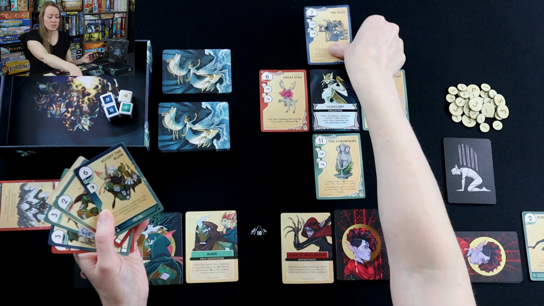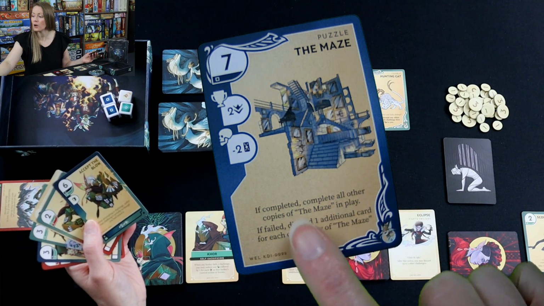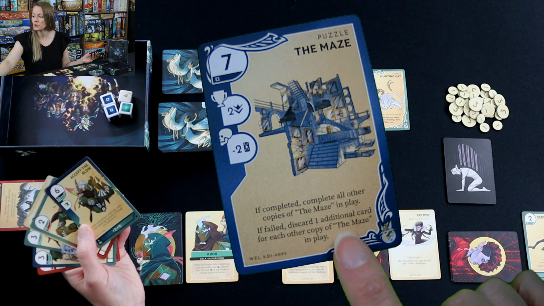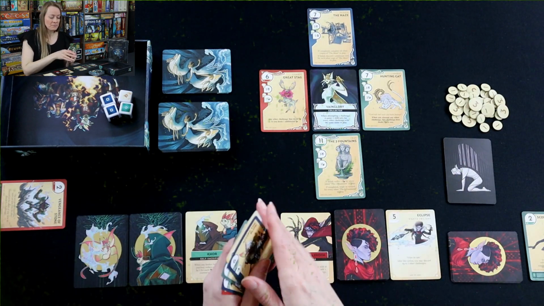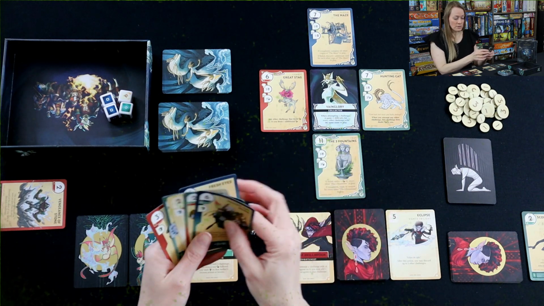And then, of course, there are other conditions to keep in mind. If completed, complete all other copies of the maze in play. Well, that's cool if there were more copies. If failed, discard 1 additional card for each other copy of the maze in play. So you want to make sure if you attempt it, you succeed. Boy, that's rough. So I think he's just going to take a challenge and just try to figure out...